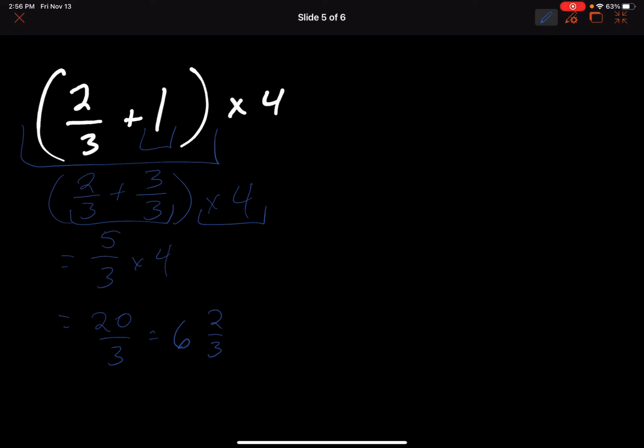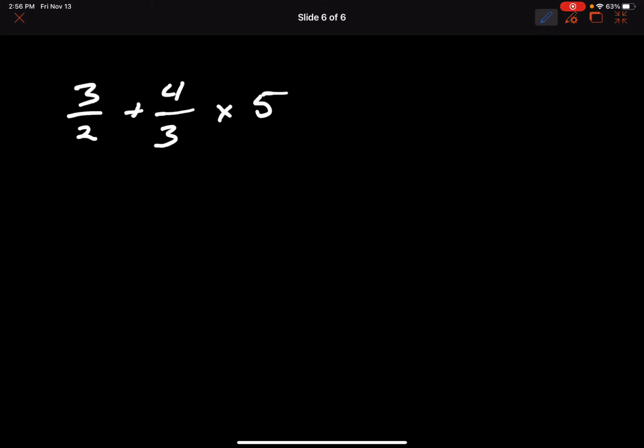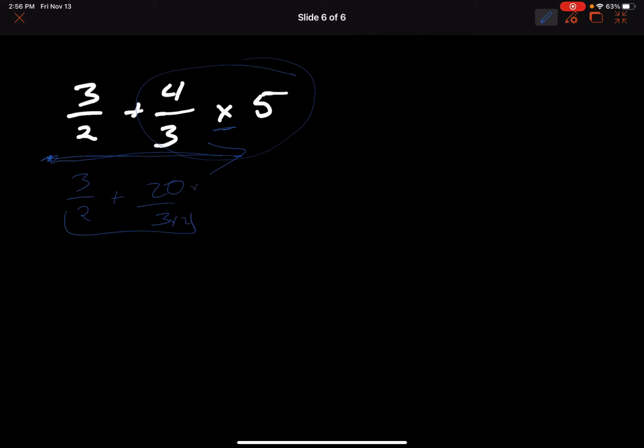Okay, so let's look at this one here. Now, we're moving from left to right, there's no brackets. Moving from left to right, there is the multiplication there. So we're going to do this part first. So this would be 3/2 plus 20 over 3. And now I need to find a common denominator. So I'm going to multiply this by 2. So that is going to be 40. And this is going to be 6. And I'm going to multiply this by 3. So that's going to be 9, and this is going to be 6. And then I can add this together, which is